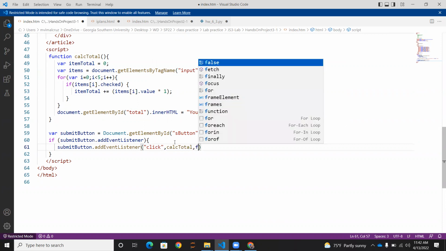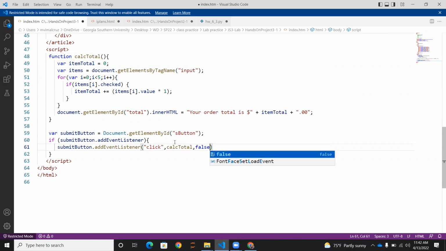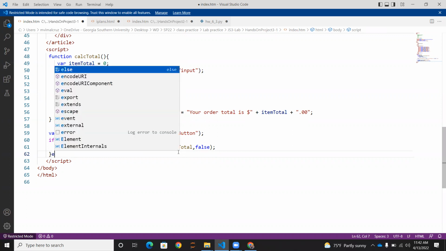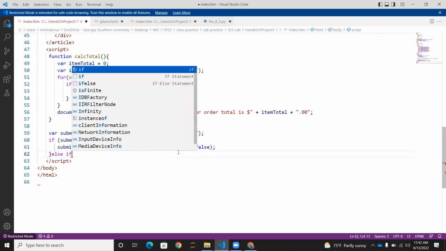And then by default, it will be false. And when someone clicks, it will become true. Okay. So that is false. That is the third parameter. That's it. And then see here we are doing the if condition. If it is checked, then add it, or else we are not adding it. Here we are going to use if else condition. If someone clicks the button, then we are going to call the calculation total, or else we are just going to leave it, right? So else if